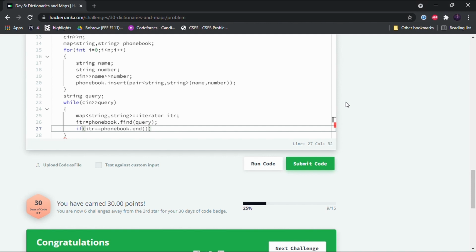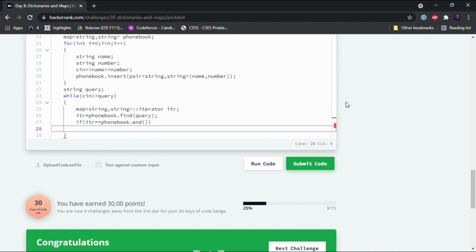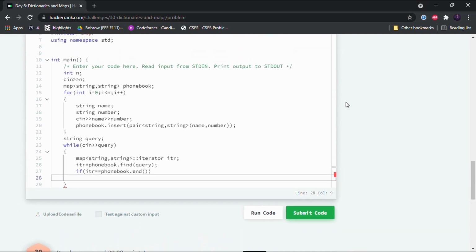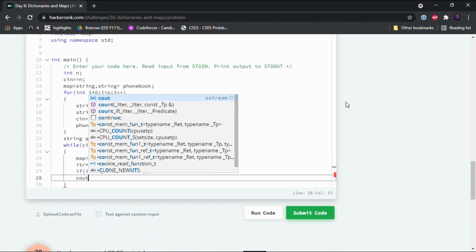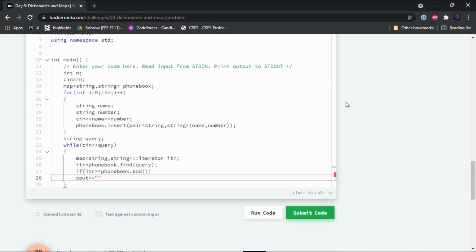So it has already searched all the elements in the map, and it didn't find the element which has query as the key value. So if the query doesn't exist in the phone book, we have to output not found. Then we have to leave that line, so endl.